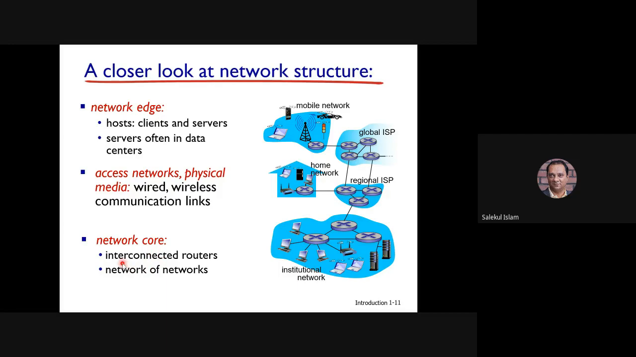Network core is the interconnected routers, and this is the main internet, যেটাকে আমরা ইন্টারনেট বলি, সেটা হচ্ছে কি নেটওয়ার্ক কোর, এবং সেটা হচ্ছে কি নেটওয়ার্ক অফ নেটওয়ার্কস। So all the ISPs, the global ISPs and the rest of the ISPs, they build this network core. Network core এর ভিতরে এই ISP গুলো আছে।